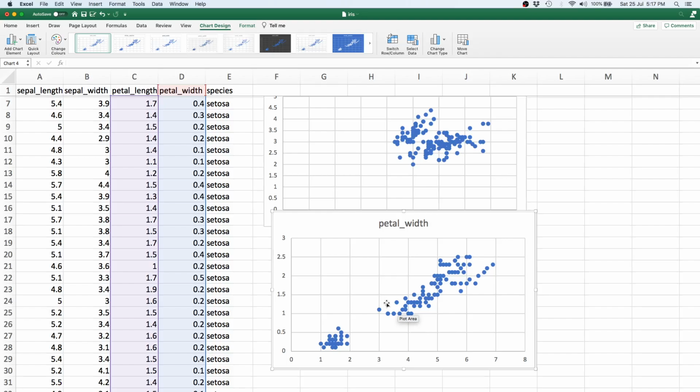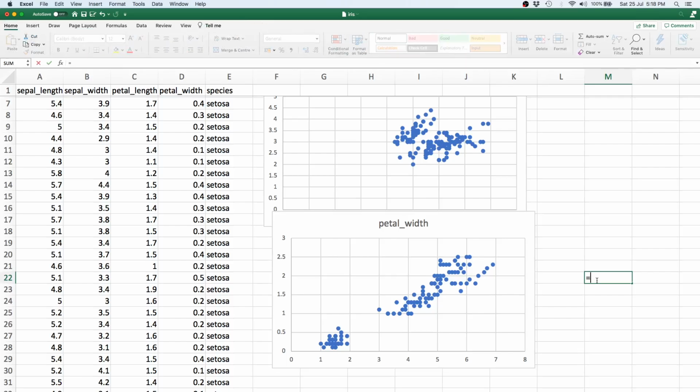Now graphically, again, looking at this might lead us to believe that there is a very high positive correlation between petal width and petal length. But in order to actually verify this value, let's also try and do the correlation. We have the first array, which is petal length, which is the C column. So we say C to C, and then we say D to D for petal width, and then we press enter, and we get a value of 0.96.